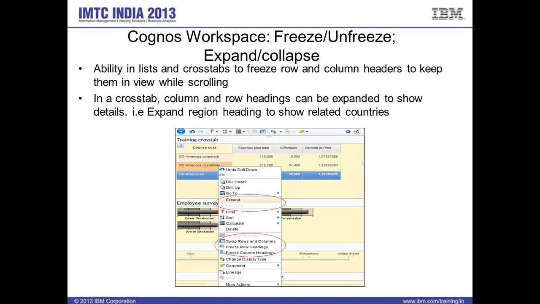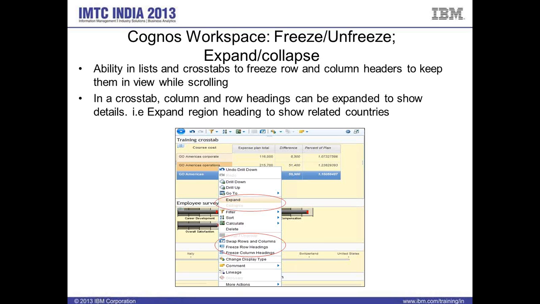Whenever you add high level data into a cross tab, just with a right click on the workspace, you can actually expand that data right within the cross tab. You need not have a separate type of report. Basically use the same report which is created in the cross tab mode, and you can expand that data as per your requirement. You can always expand and collapse that data and save your view whatever you want to save,